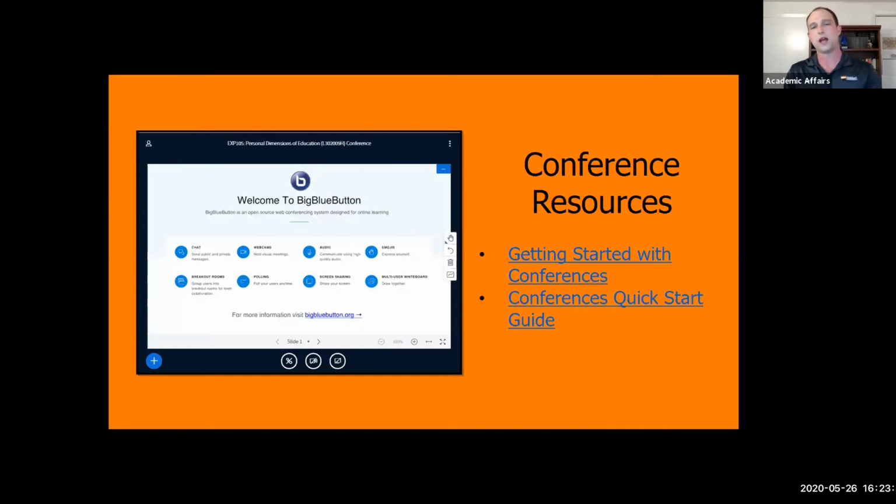And I wanted to mention super quickly, I know that not as many faculty use this resource, but I have heard of some faculty who have used it with a lot of success actually. And that's the conference tool that we have in Canvas. So we actually have kind of a Zoom-like tool that exists right within Canvas called Conferences that you can set up to where you can use screen sharing, you can use your video, you can use audio to communicate with students, and also kind of a whiteboard tool, which is really cool, to where you can set up live office hours. I've seen some faculty do, if you have a one-on-one meeting, you can definitely use it for that. But that's also a resource that's available to us via the Canvas native tools that exist there.